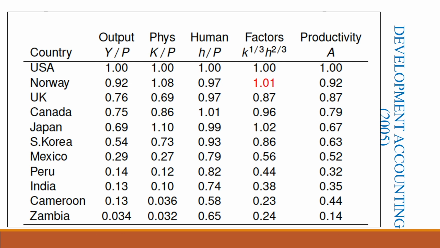How do we know that? Because you see all the numbers for US, and what are all these columns all about? So, there is output. By the way, this is output per capita. This is again taken from Weil's textbook. So, this is per capita output, per capita physical capital, per capita human capital, small h is human capital. The factors are K, the small k, which represents the per capita capital. Okay, and h, small h is human capital, and A is productivity. Okay, so these are the columns.